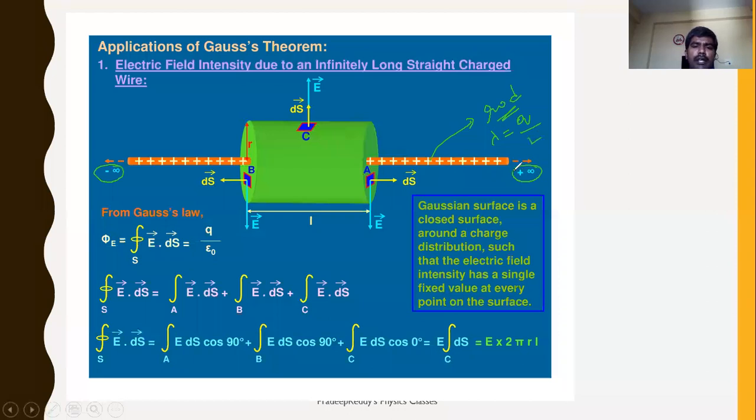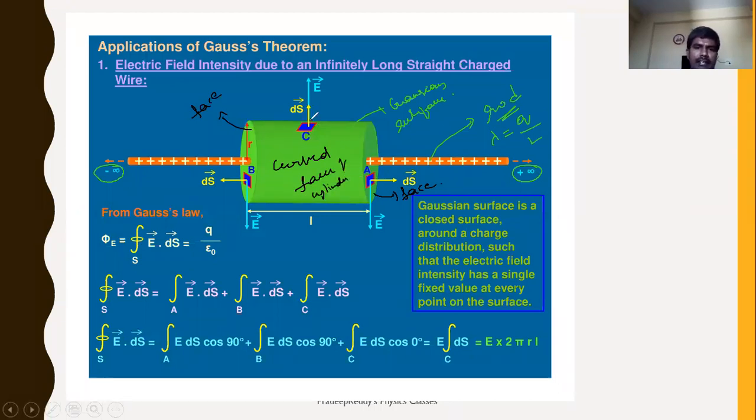In order to find out electric flux and electric field through this particular infinite rod, I am constructing a Gaussian surface. This is Gaussian surface. And this Gaussian surface is being extended in 3 dimensions. Remember that this is curved surface and this is face, right? It is face. And this is also a face. And this is curved surface. Curved face of cylinder.